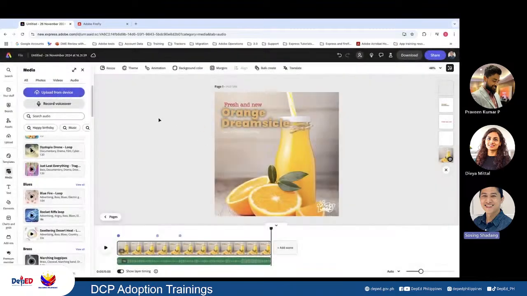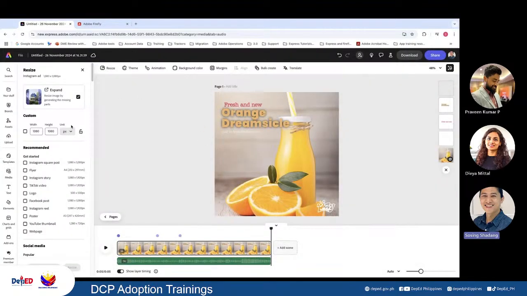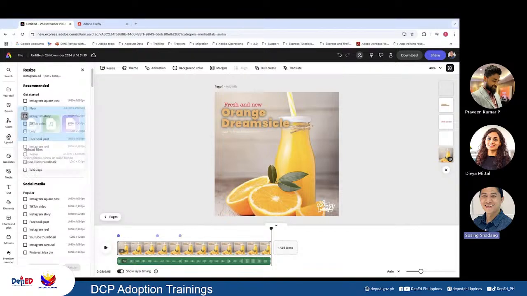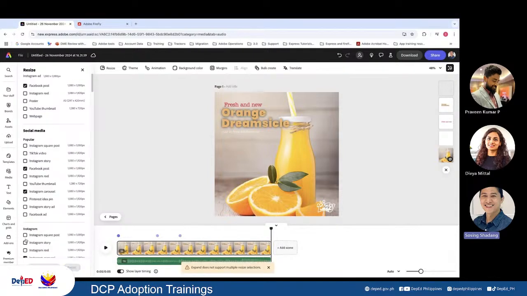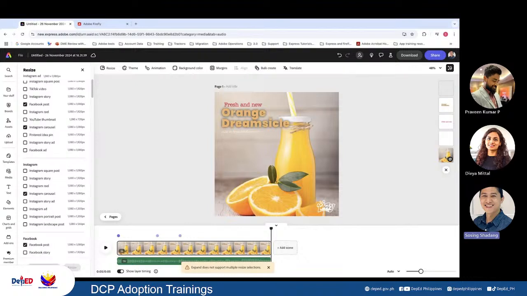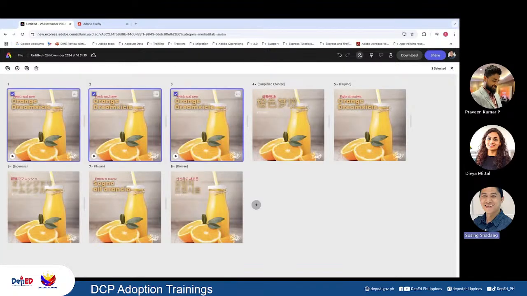And one important thing is, for different social media, there are different sizes. We will be able to resize it here again. We can pick any of those social media platforms or purposes that you're looking for, select them and say duplicate and resize, and automatically it will resize and duplicate it for us for different social media sizes. So that's how easy it is here in Adobe Express to design any kind of marketing collaterals from template